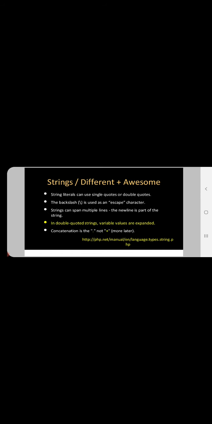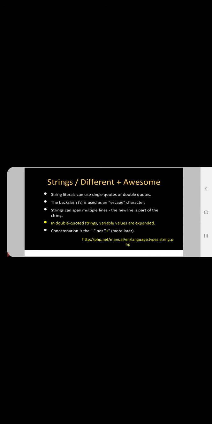A string is a set or group of characters written in between quotes, a collection of any characters like alphabets, numbers, symbols and so on. The backslash is used as an escape character, and strings can span multiple lines.